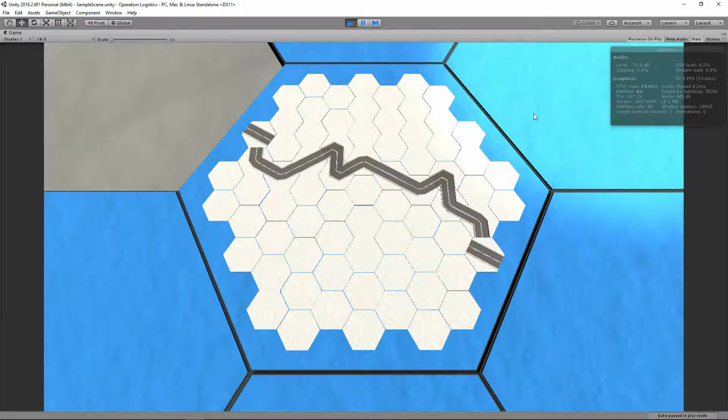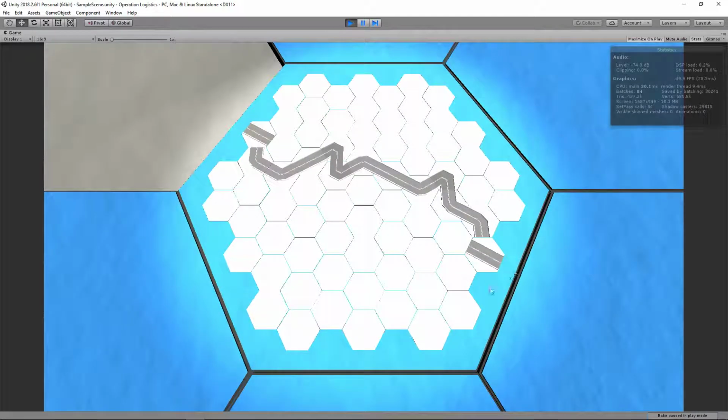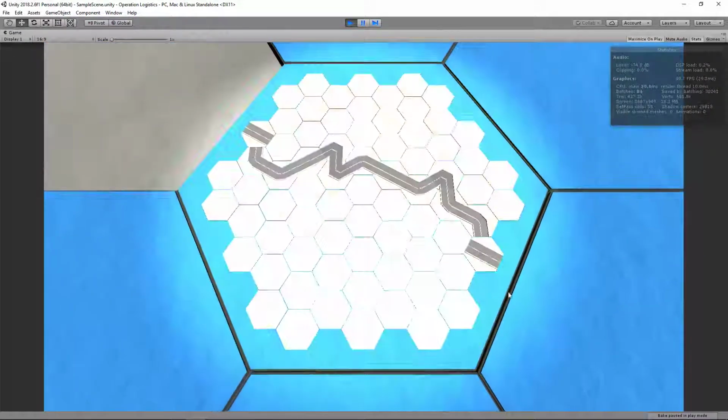So the only thing we need to do now is we need to have our proper types of roads spawning at our entryways. Because as you can see here, this isn't right. These need to be regular corners. Now, the question is, can they ever be anything other than a regular corner or a straight line? And the answer here is no, because we are assuming that if this hex grid were to continue, so we've got one here, and one here, yeah? We can assume that if the hex grid were to continue, we are exiting here, because that's where the connection here is. So the connection is there,